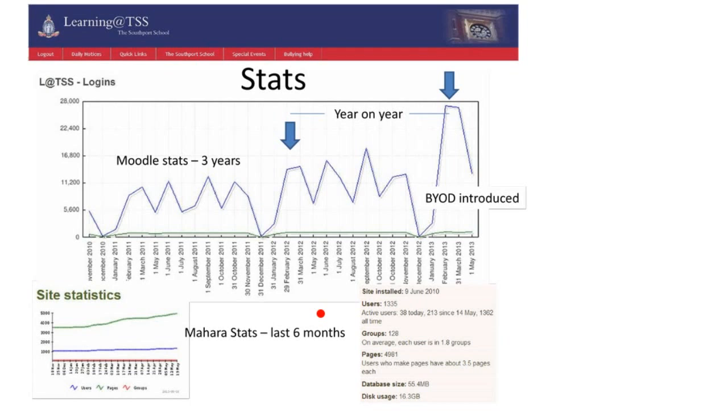Just looking at it, something like a 50% boost in the use there at the first blue arrow, and then this year more than doubled, in that first term peak. That it's gone up considerably. Now, some of that's got to be BYOD, some of that's got to be more access, so they don't have to go to labs, so they've got devices with them all the time, so they can jump on any time, and they can do forums in the classroom,